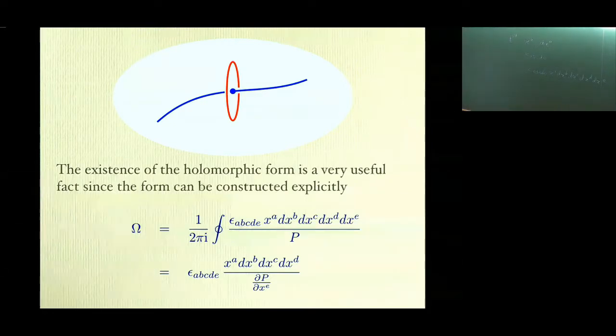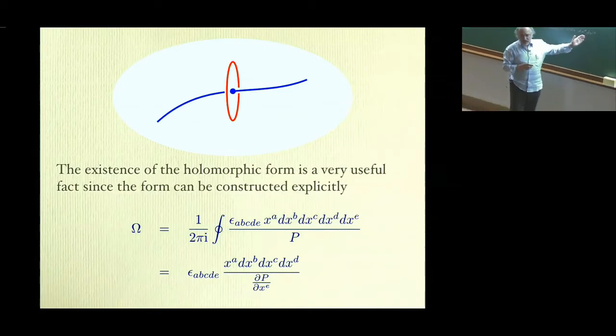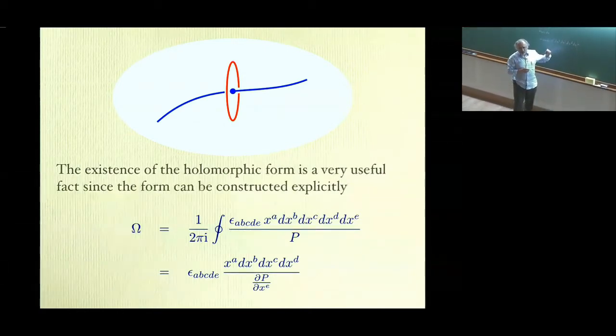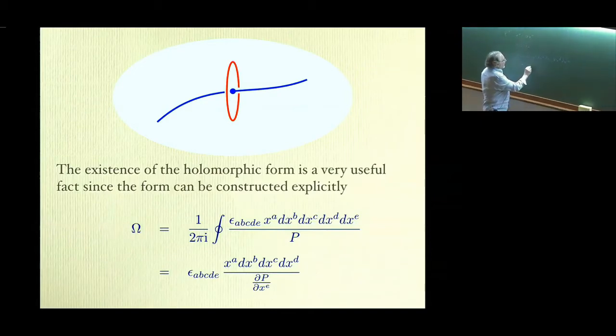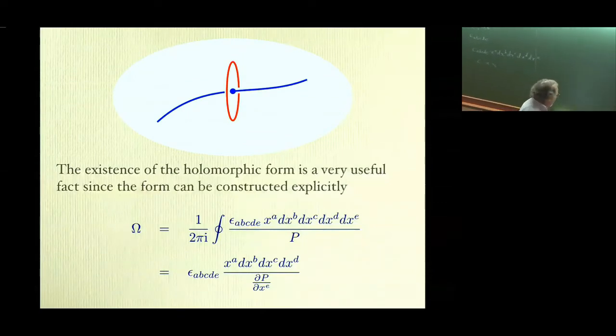Why do you do that? Well, what else can you do? You have 5 coordinates in P4. One of them is always 1, so to speak. So you can't take a product of 5 dx's because one of the dx's would be 0. The epsilon is alternating, so you can't have epsilon xx because this would be symmetric, this would be antisymmetric, it would be 0. So all you can do is have 1x and 4 dx's.